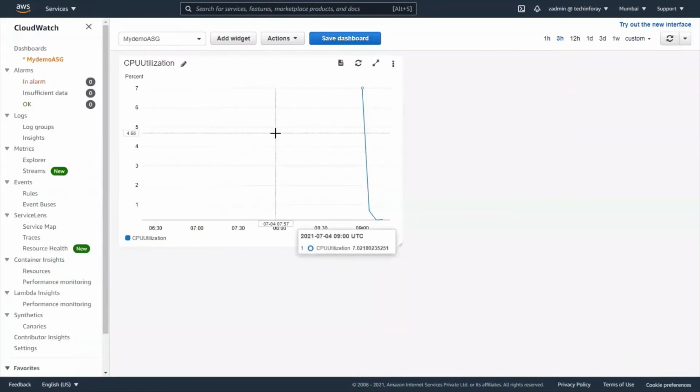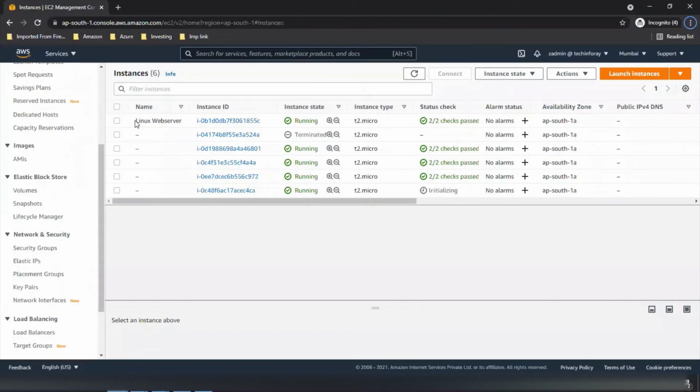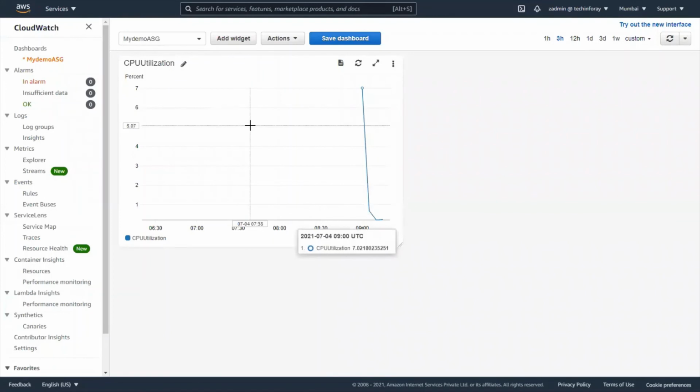So now we can see the average CPU utilization for our machines. So let's get back and see our auto scaling group. So this is CloudWatch.